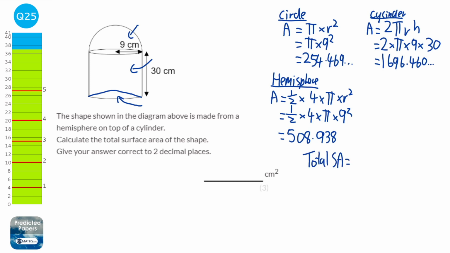And so the final thing is to work out the total area, so total surface area. And we're just going to add up all these numbers together. So we add up the 254.469, the 1696.460, and the 508.938. And we get